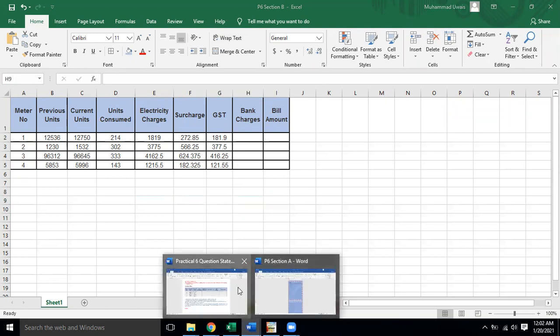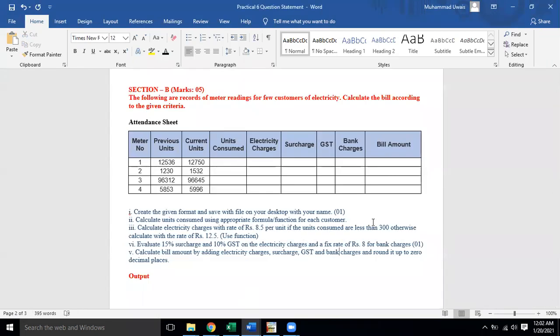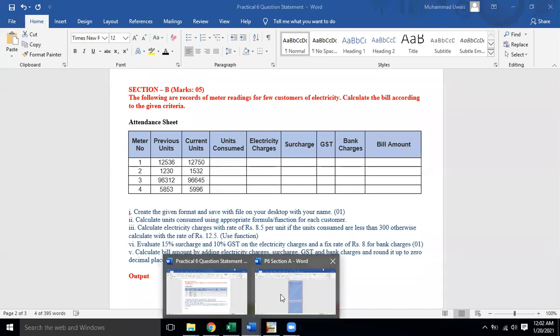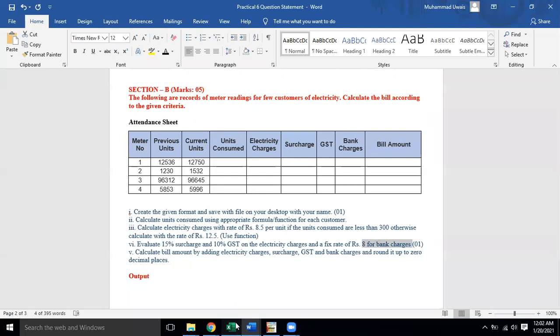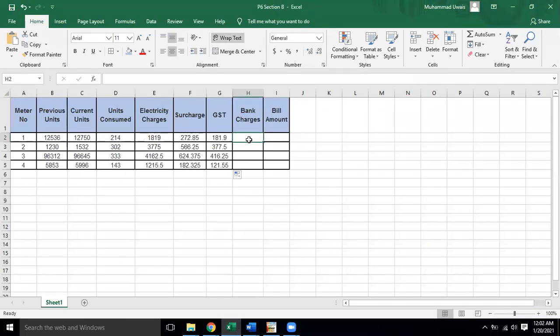Third point is written over here: apply a fixed rate of rupees 8 for bank charges. Fixed rate means you don't need to apply any calculation for it. Normally bank charges are fixed. So we are going to type over here only, or you just type and drag it in this way, not in increasing order, because we don't need to calculate the bank charges.